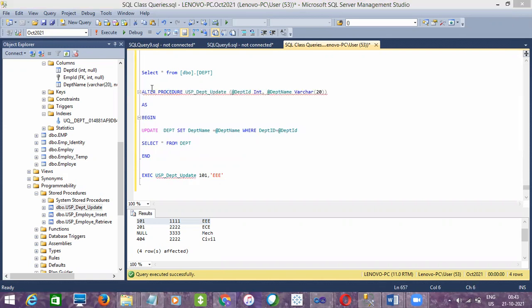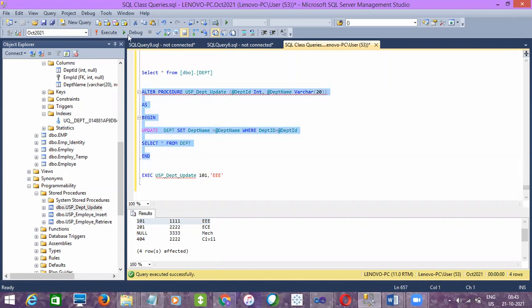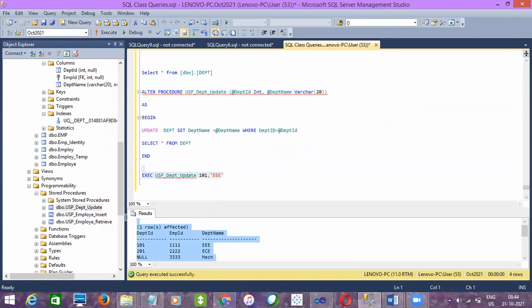Okay, so for any modifications, you have to do it with alter. Now the stored procedure code will get modified. Now if you execute here, once after update, it will also fetch the result set. See here, one row is affected, right, which is for update, and select star from result set, it is retrieving the output of the select statement from a stored procedure, right?